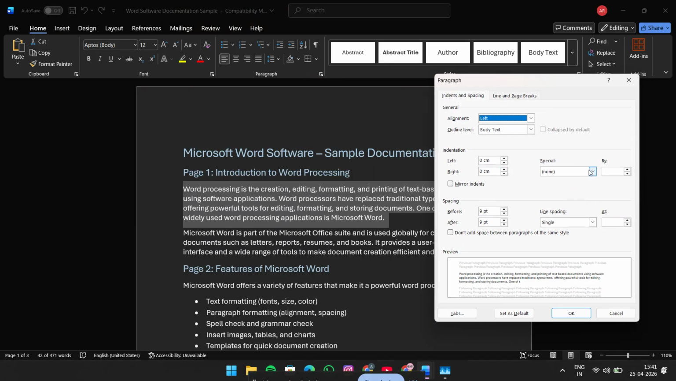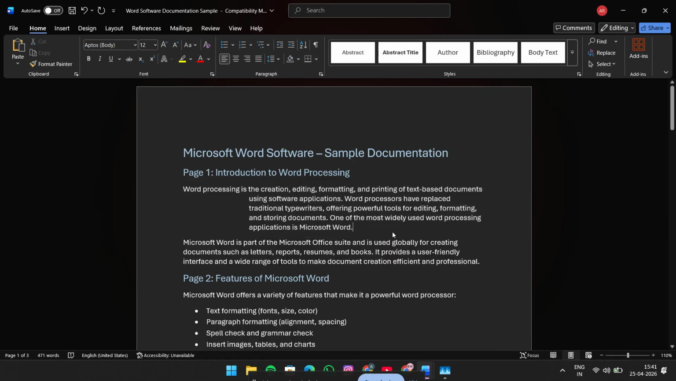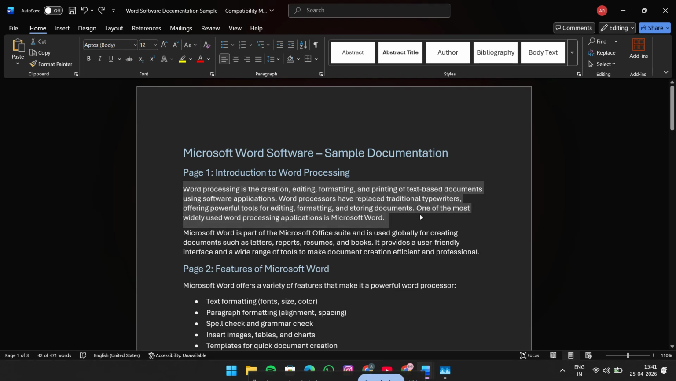This method works great for APA references, MLA works cited pages, annotated bibliographies, numbered lists, and any document where you want the second and following lines to stand out under the first line. It's one of those small formatting tricks in Word that makes a huge difference in the final presentation of your